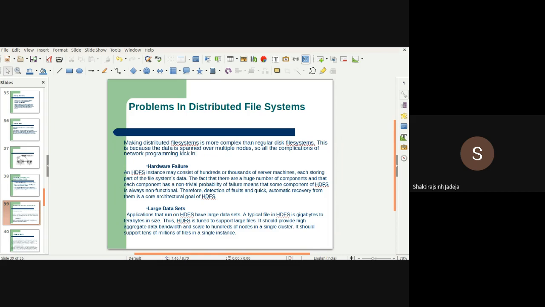You may face hardware failure also. An HDFS instance may consist of hundreds or thousands of server machines, each storing part of the file system's data. The fact that there is a huge number of components, and that each component has a non-trivial probability of failure, means that some component of HDFS is always non-functional.